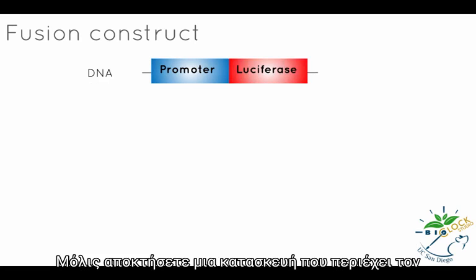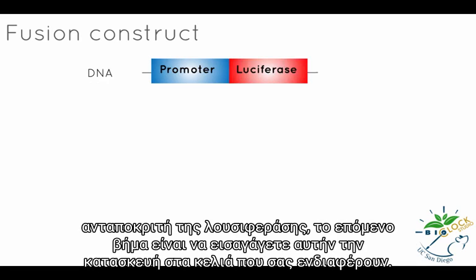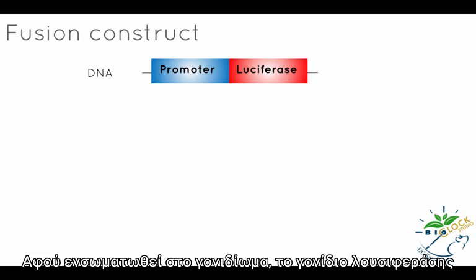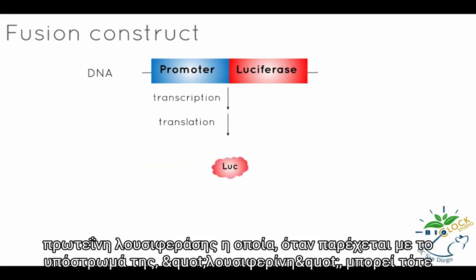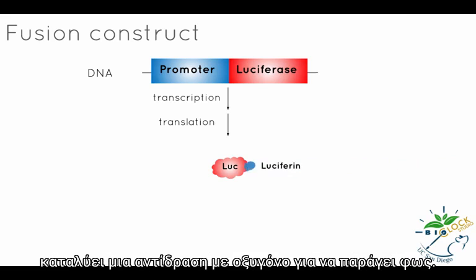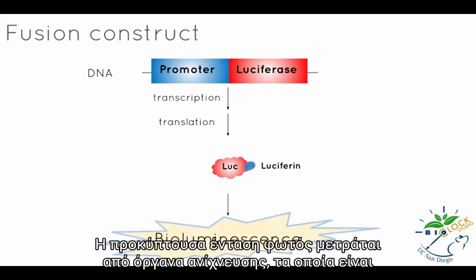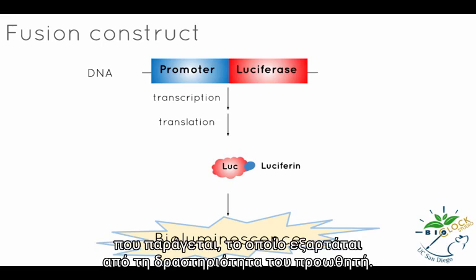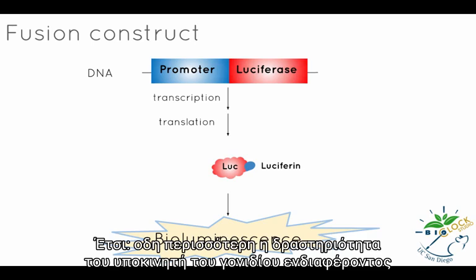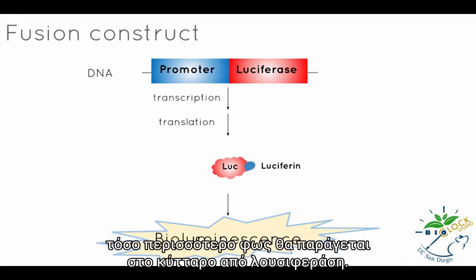Once you've acquired a construct containing the luciferase reporter, the next step is to introduce this construct into your cells of interest. After being incorporated into the genome, the luciferase gene is transcribed to produce its corresponding messenger RNA. This mRNA is translated into an active luciferase protein, which when provided with its substrate luciferin can then catalyze a reaction with oxygen to produce light. The resulting light intensity is measured by detection instruments which are highly sensitive to bioluminescent light. This light production is correlated with the amount of luciferase produced, which is dependent on the activity of the promoter. So, the more activity of the promoter of the gene of interest, the more light will be produced in the